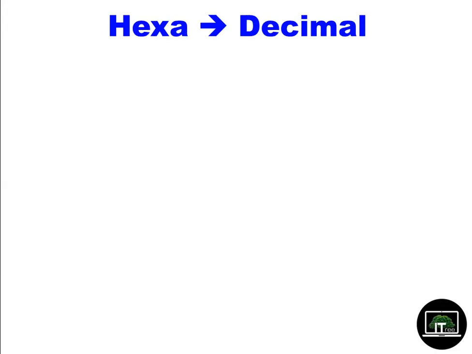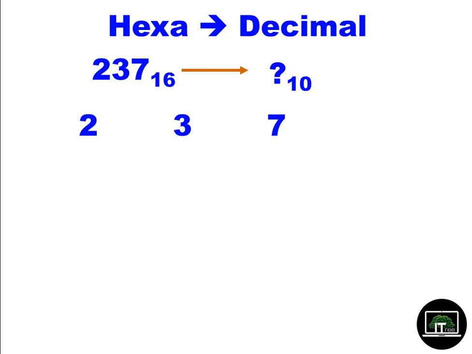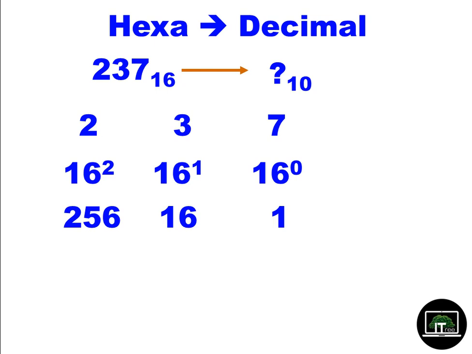Okay. Now we are going to convert a number. It is 237 hexadecimal to decimal. You write with gaps. Write the value of these things now. 16 to the power 0, 16 to the power 1, 16 to the power 2. So now it is 1. 16 to the power 0 is 1. 16 to the power 1, 16. 16 to the power 2, 256.